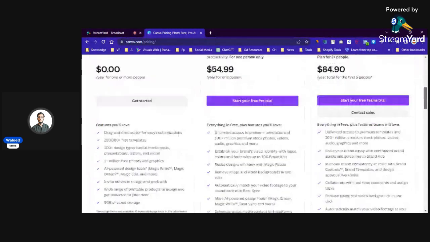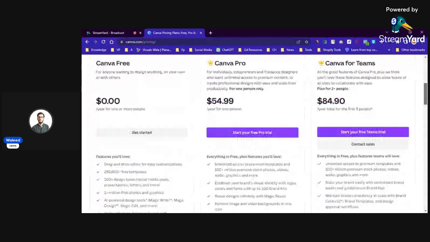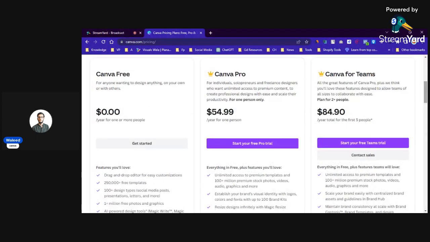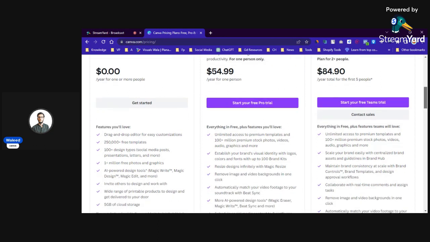So for the majority of the work, if you are a solo freelancer or a student or trying to learn Canva, you can use the free one without any problem of thinking about buying any software. Canva is free, so you do not have to think about the pricing. You can use it without